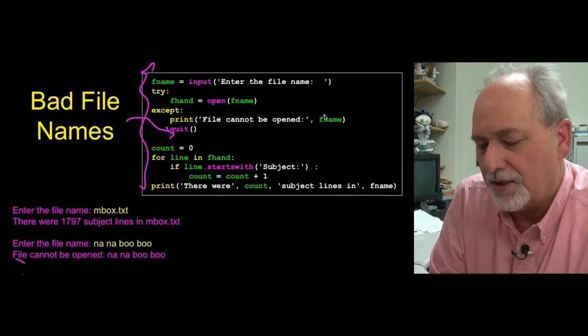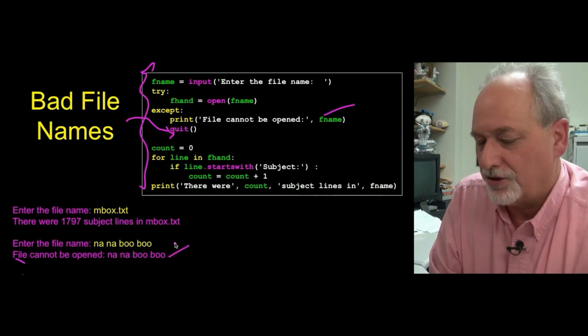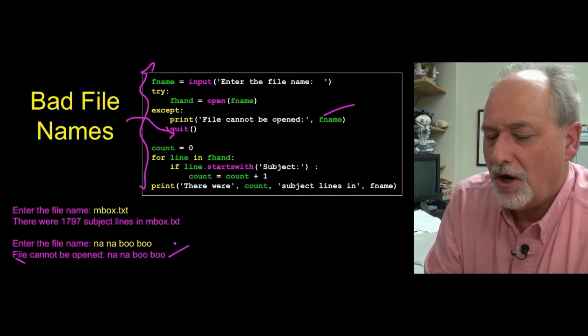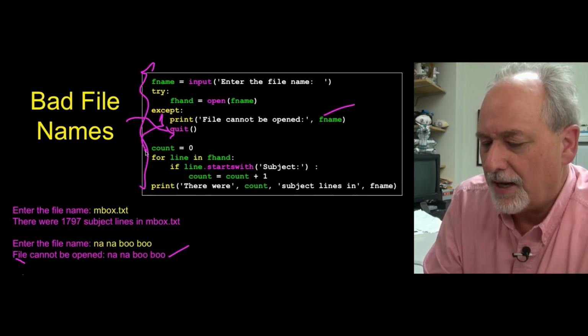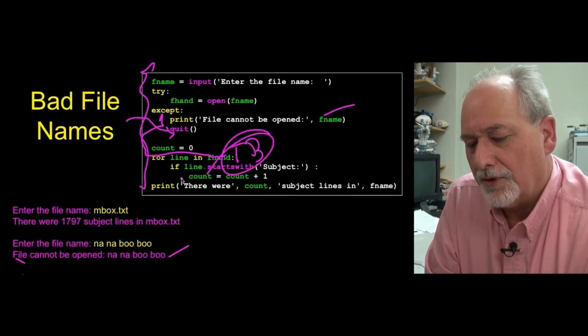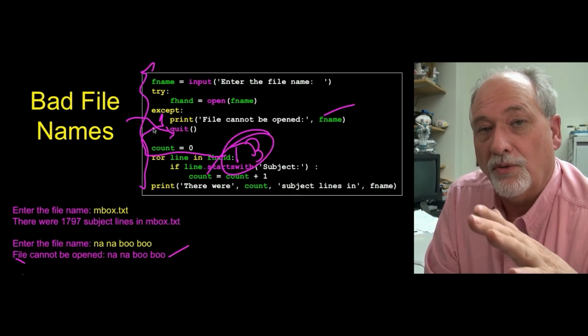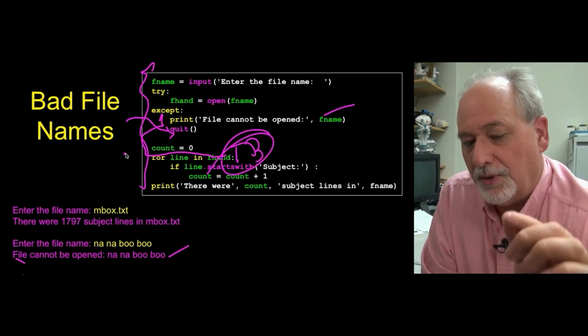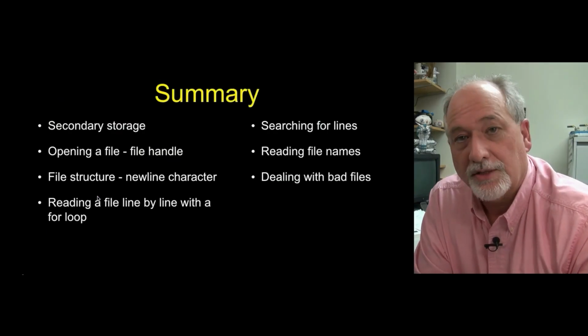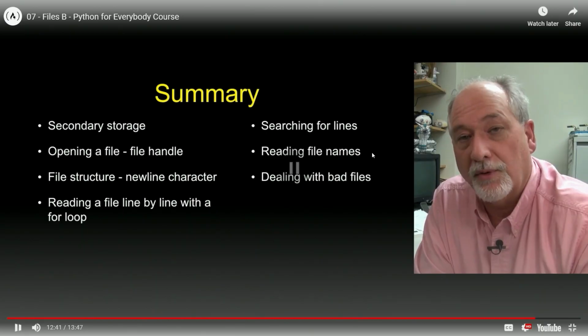So we put in our own error message, so we look professional, say, oh, could not open this file, and then we stop. If you don't, it's going to come down here and it's going to trace back right there. It's going to blow up. So the quit is useful when you want to stop executing because you've detected some kind of an error. Professional. So that's a quick zoom through opening and...